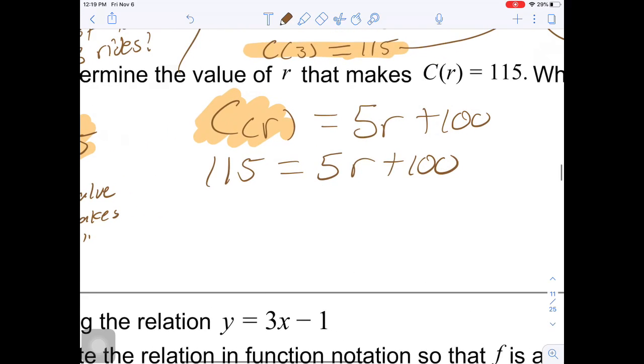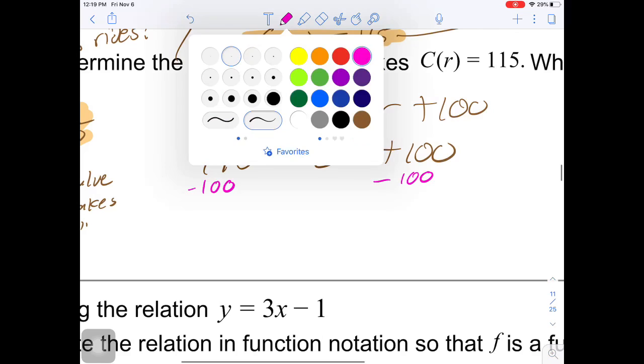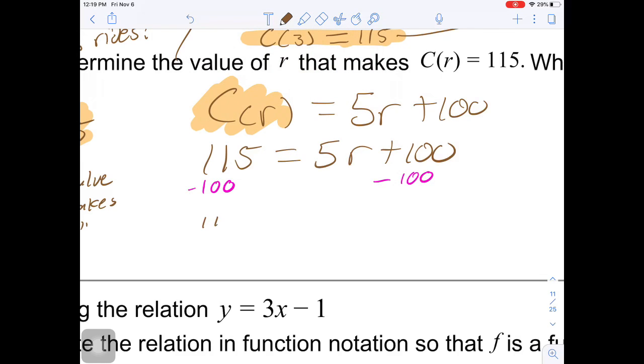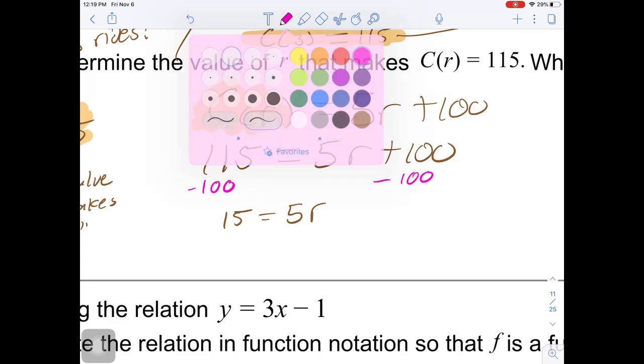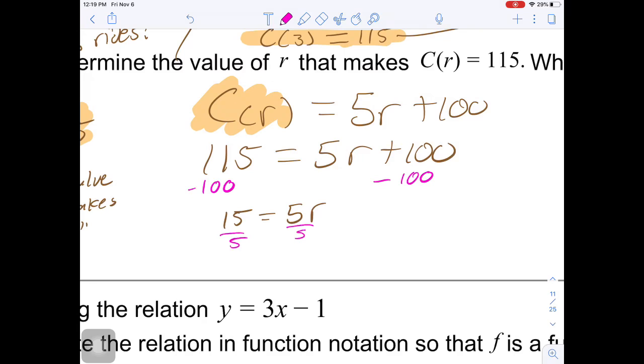And now you're going to do some simple algebra. We're going to subtract 100 from both sides. And that will give me 15 equals 5R. And then we're going to divide by 5. So here we get 15 divided by 5, 3 equals R. Okay, so essentially,